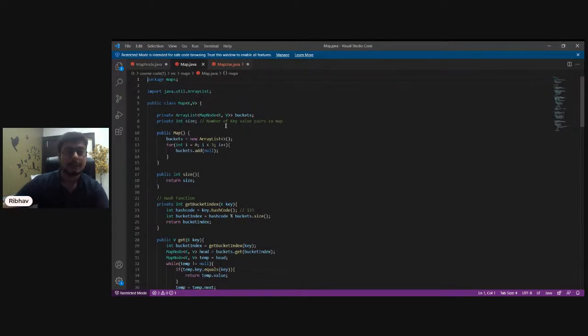As I said, we have an array list of map nodes, and we also have the size. This is basically the array that we are trying to store. Let me just share my entire screen.